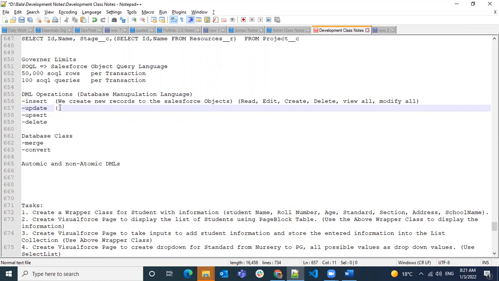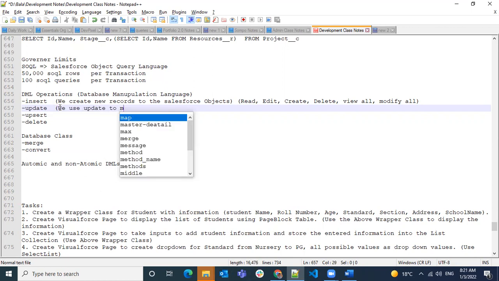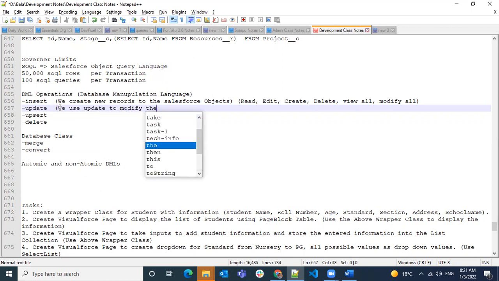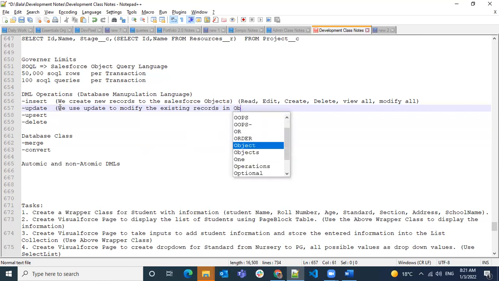So we use update to modify the existing records in Salesforce objects. Okay, so what permissions do we need here?